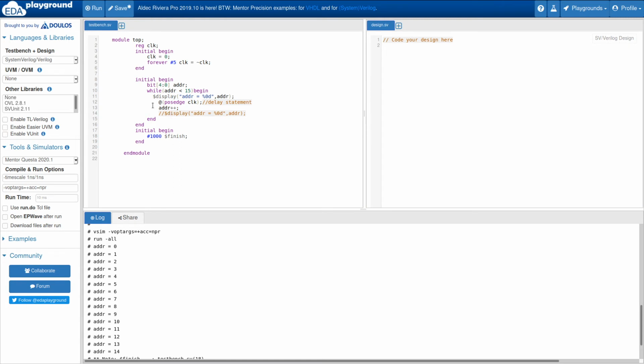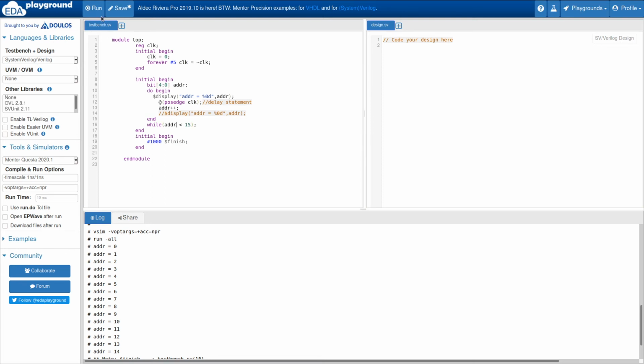So again, for do while there is some modification, like do, here this is, and after that while i is less than 15.